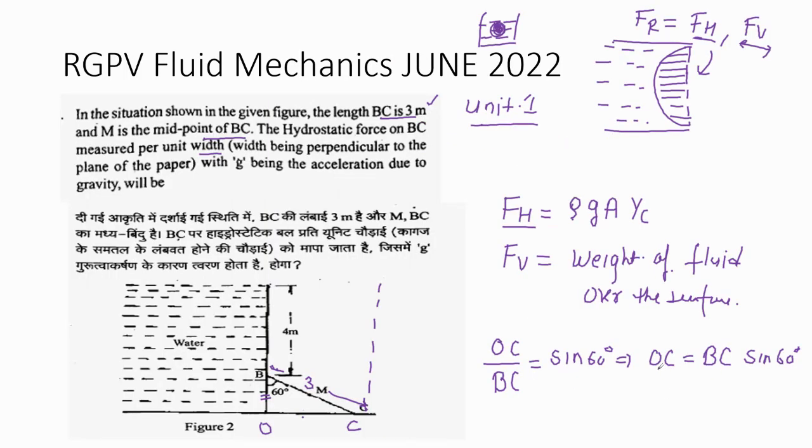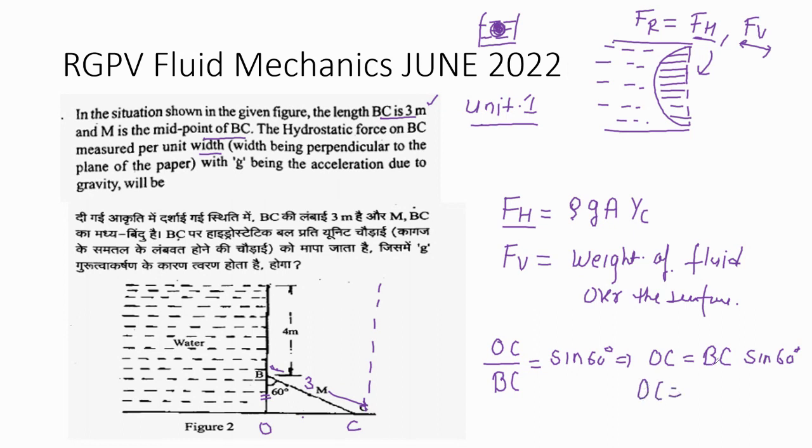So BO upon BC is equal to cos 60. So BO is equal to BC cos 60 और BC की वैल्यू हमें पता है 3 और cos 60 कितना होता है 1/2, तो ये कितना आ जाएगा 1.5 मीटर।